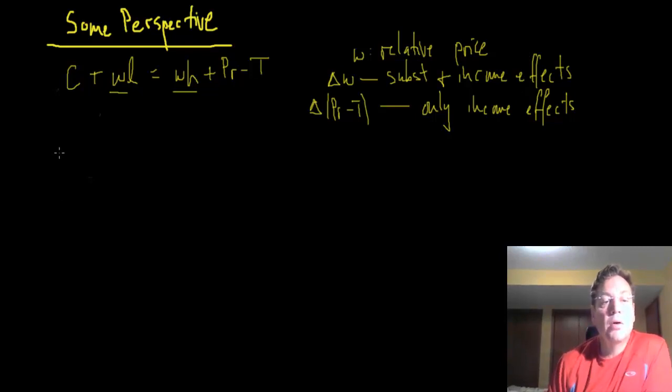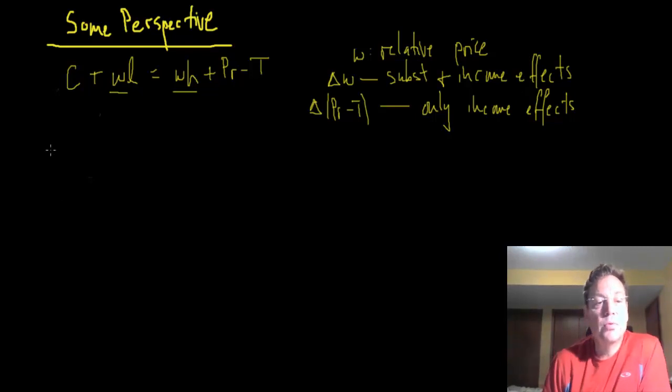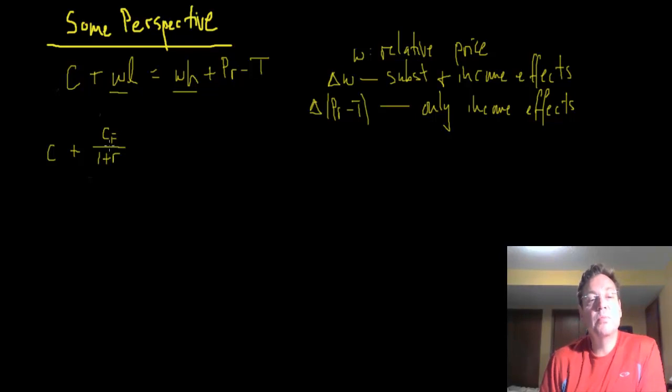Now let's go to the model that we're working with now, this intertemporal model. We have consumption today plus future consumption, but we have to discount that by the real interest rate to convert goods in the future into goods today. And that's equal to the after-tax income today plus the present value of after-tax income